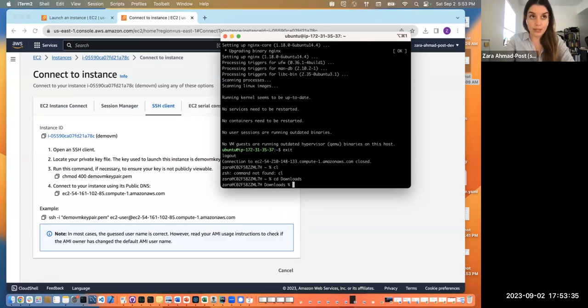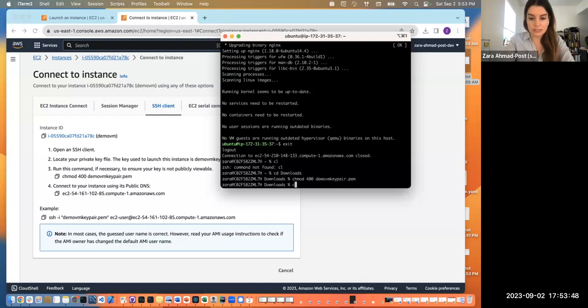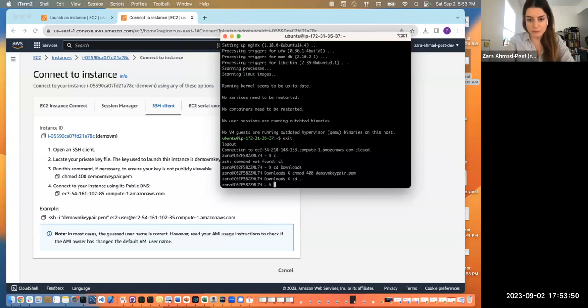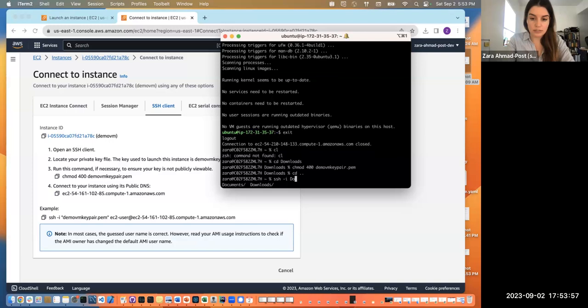Then we're going to chmod 400 demo VM key pair. If you hit tab, it'll auto-complete the PEM file. Great. Now let's cd back into our home directory. You don't really have to, but just for the heck of it. Then we can do ssh -i, and then downloads/demo VM key pair.pem, then ec2-user